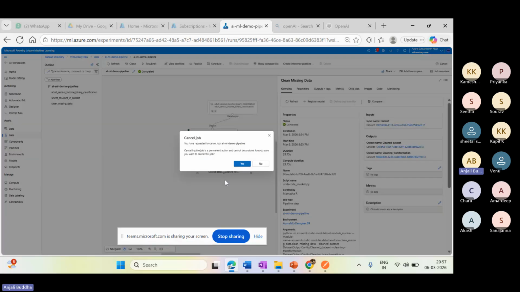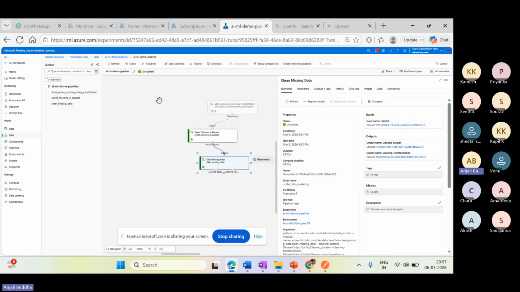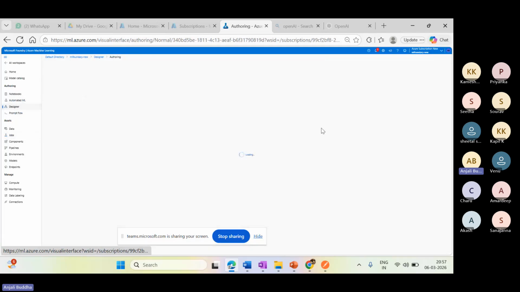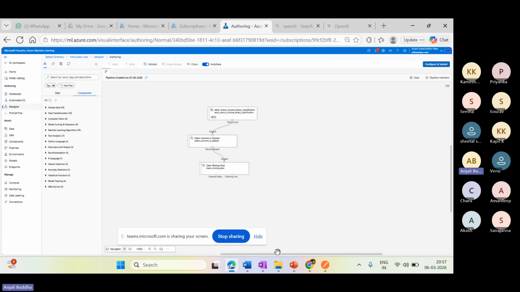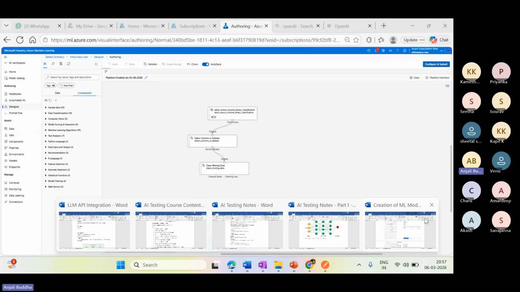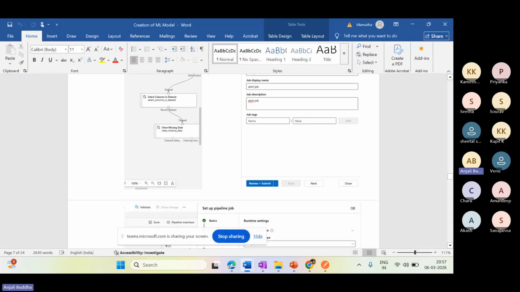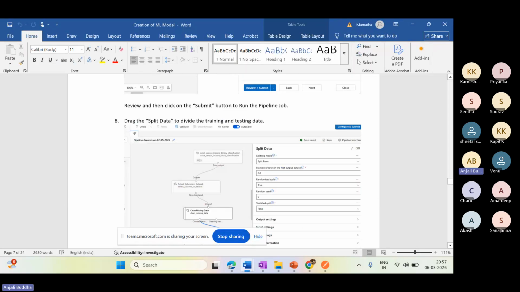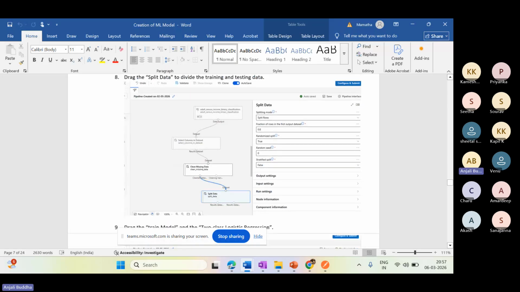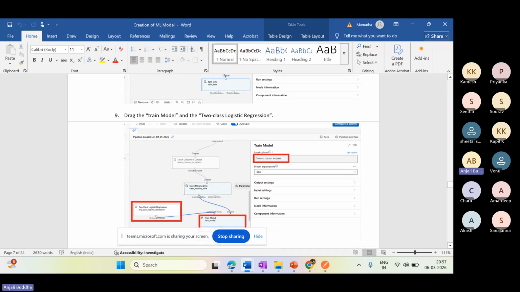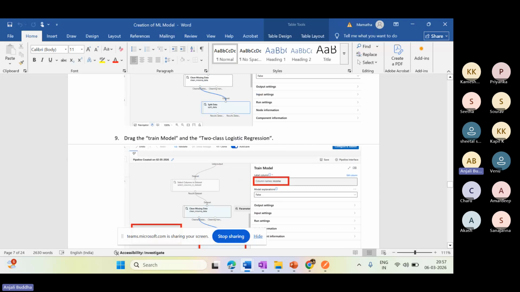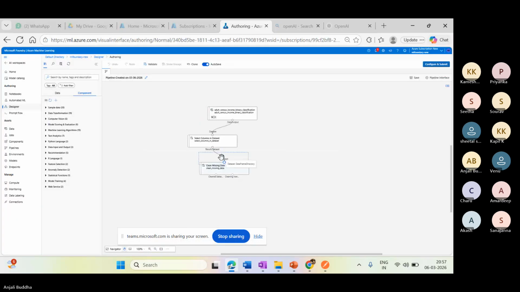Now, I'm good. This process is going as we expected. Now what I can do is add the next steps that I wanted to do. So what is the next step? Once we clean the data, we have to train the model. But before we train the model, we have to split the data, right? So why do we have to split the data? Basically, why are we going to split this data?